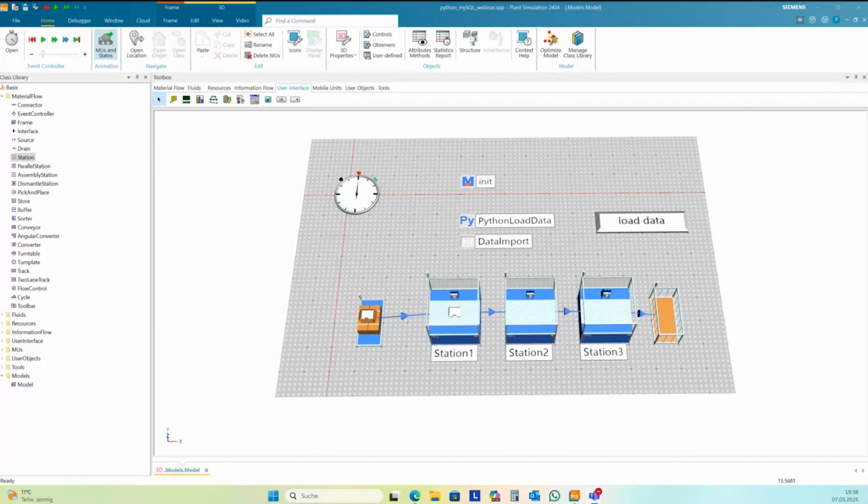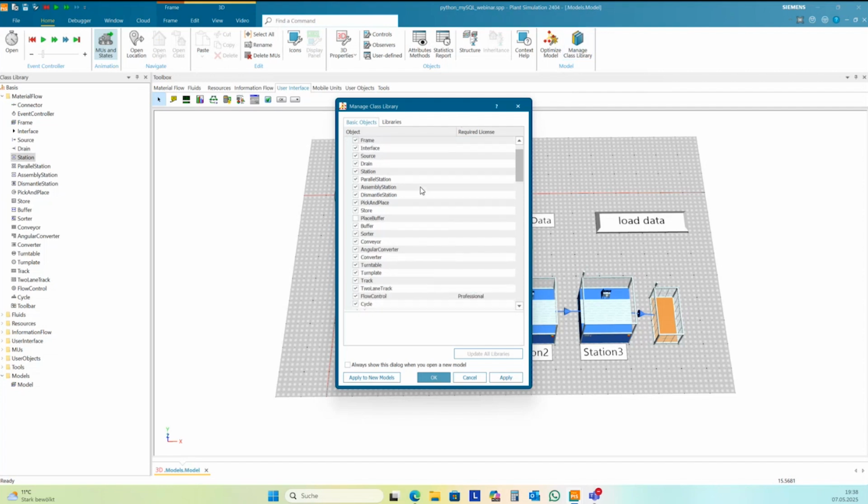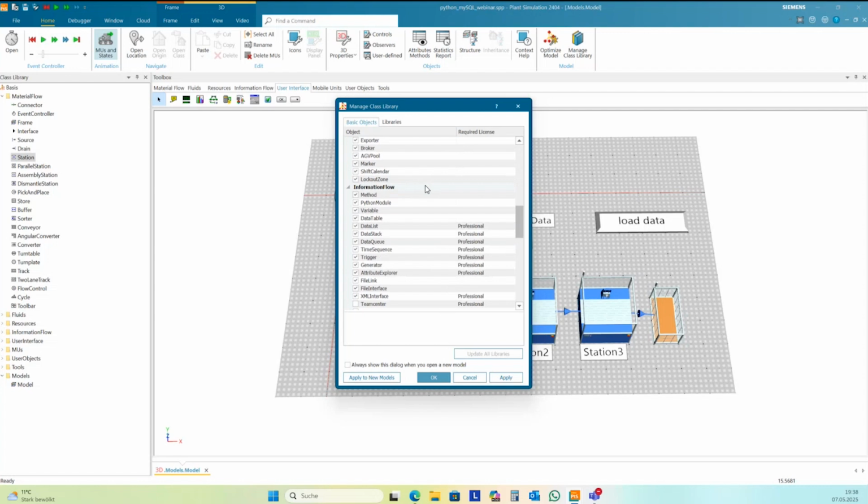Okay, I now found the first question. It's how do I add a Python module in my library. You need to click on manage class library, and then you need to check the Python module here in the information flow folder.